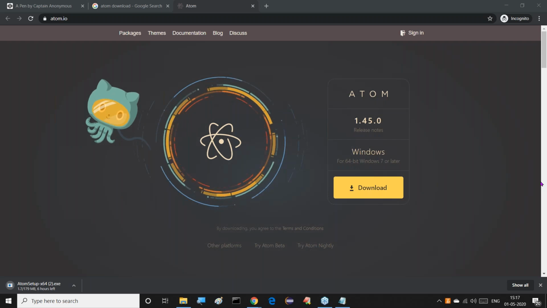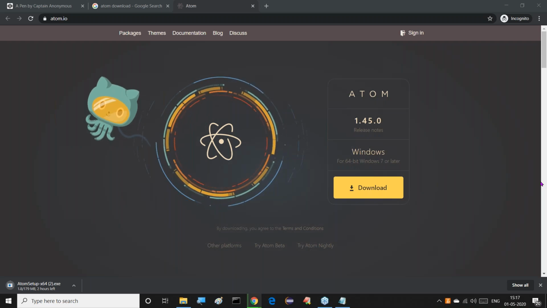Now, can I use the existing one? I don't want to allow this to download, because it may take hours and hours of time. It's not possible for us. Now I just want to use this. We already know how to download it. Just open this one and here we are able to get it. This is Atom. Atom we can download.